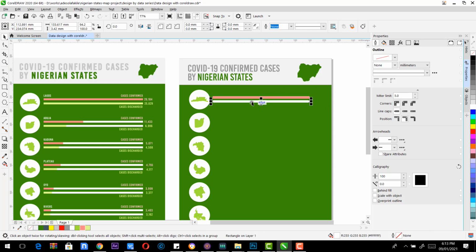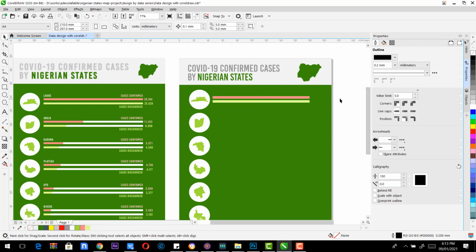So we duplicate this also, make it a light shade of green. We click and hold down the right key on your mouse and drag over, then power clip inside, select content and make sure that it's fully in. Okay, so this is for